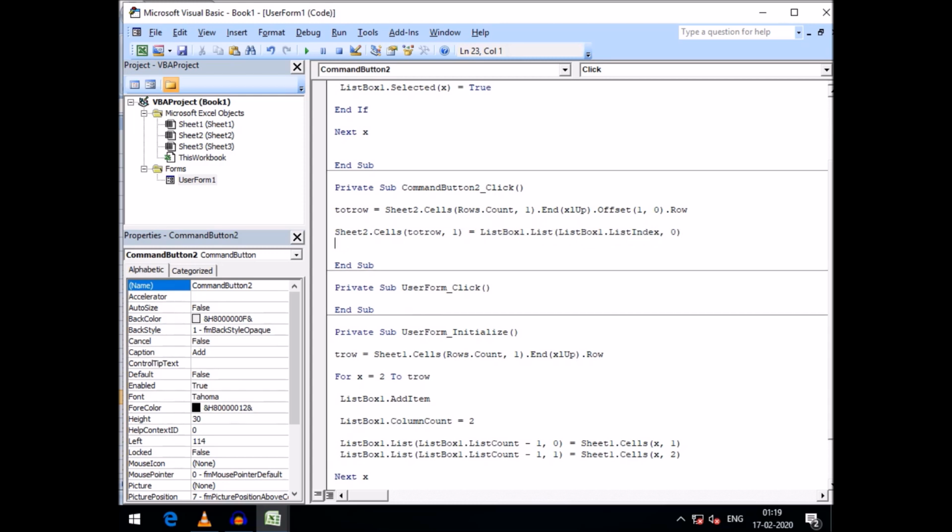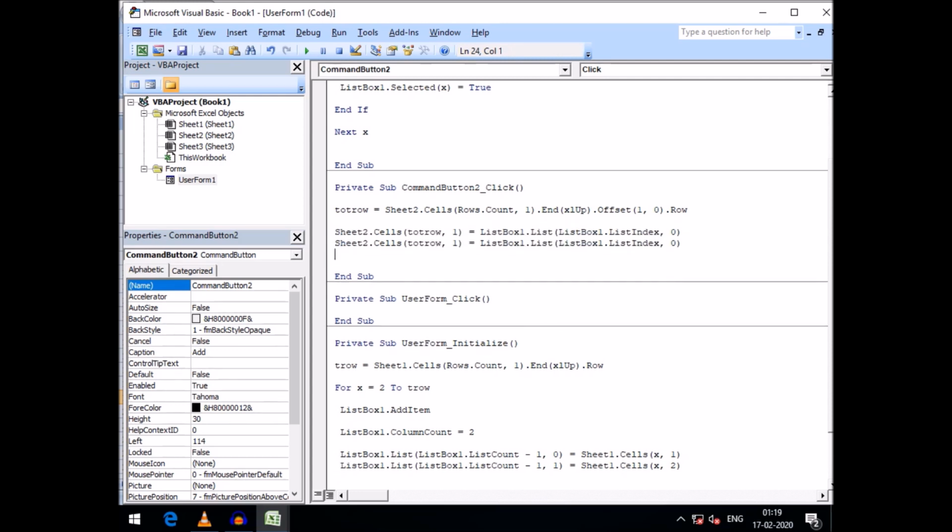Similarly friends, just copy this line of code and paste it here. The second column of our sheet 2 will be started from the next blank row, not the second row, the next blank row, that is .Row, and will be assigned the value of list index 1, that is the second column. So friends,